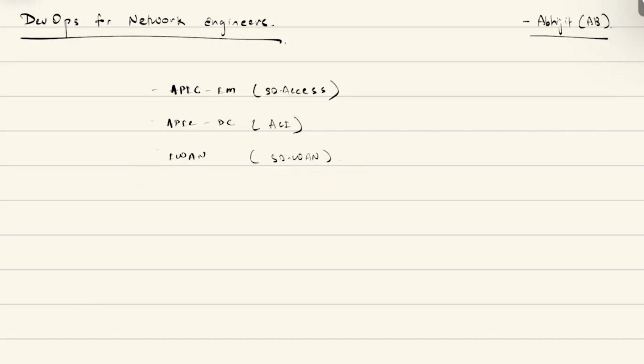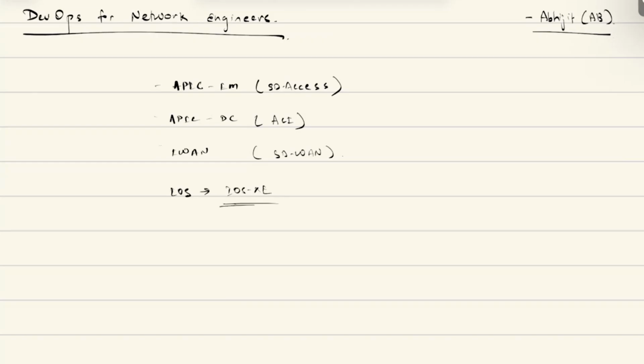Back at that time, IOS as an operating system also got an extension, IOS XE. In these IOS XE systems, a couple of topics were introduced called on-box programmability and off-box programmability.